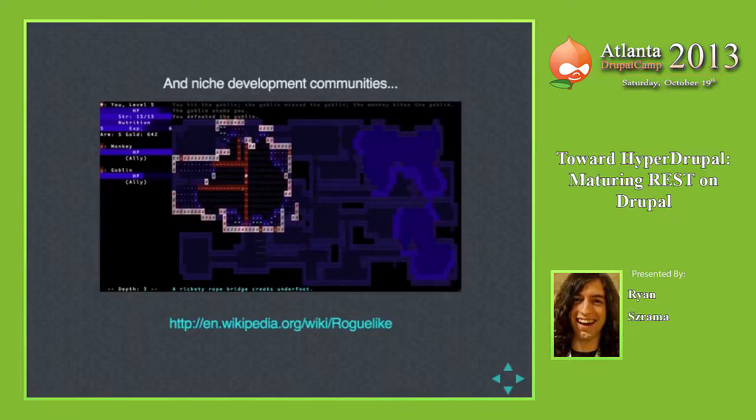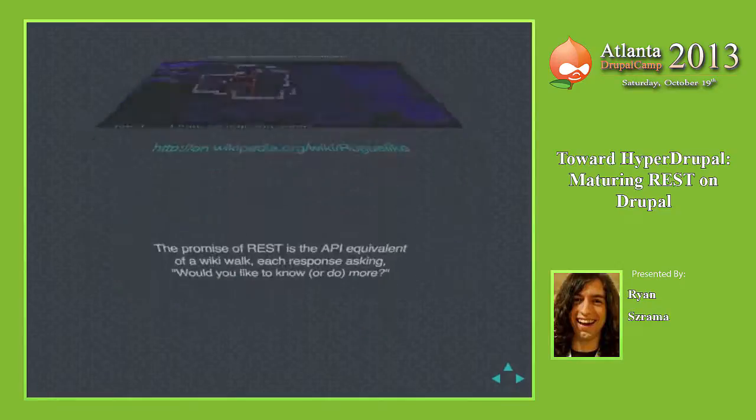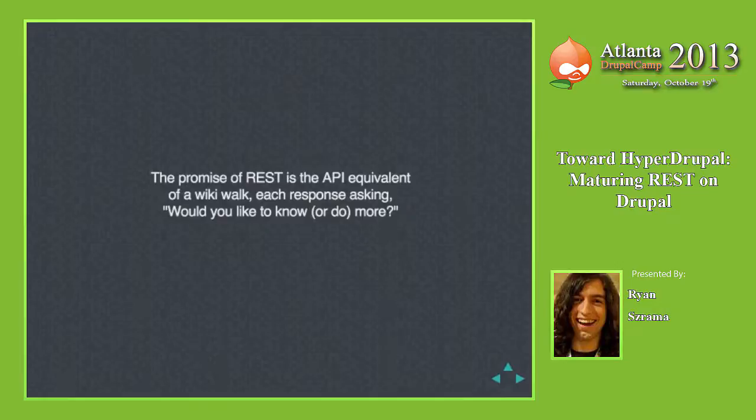So it is a bit of a niche, but it also is a mainstream thing. Like we all know what RESTful web services are. We've all interacted with REST APIs before, and I should have some slides that demonstrate the way that we typically interact with them. But what I want to say is, when I say Hypermedia APIs, or when I say REST, I'm actually thinking of what I call the API equivalent of a wiki walk.